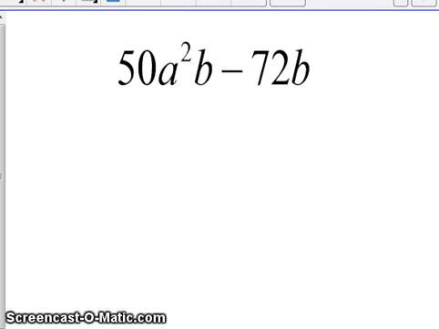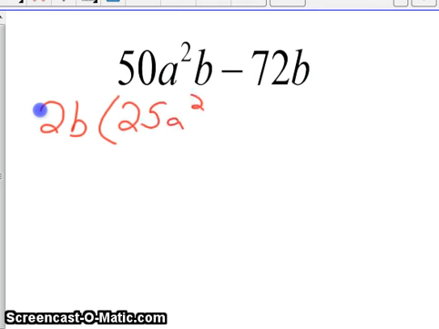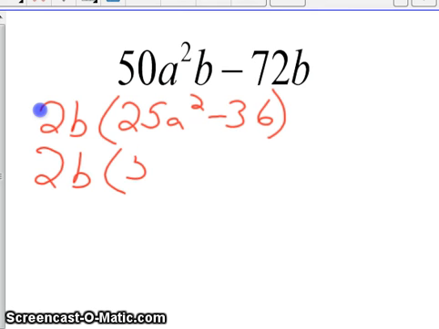What's the GCF? Next. So 50a squared b divided by 2b is 25a squared. Negative 72b divided by 2b is negative 36. Is the parentheses the difference of two squares? Yes, it is. And the square root of 25a squared is 5a. And the square root of 36